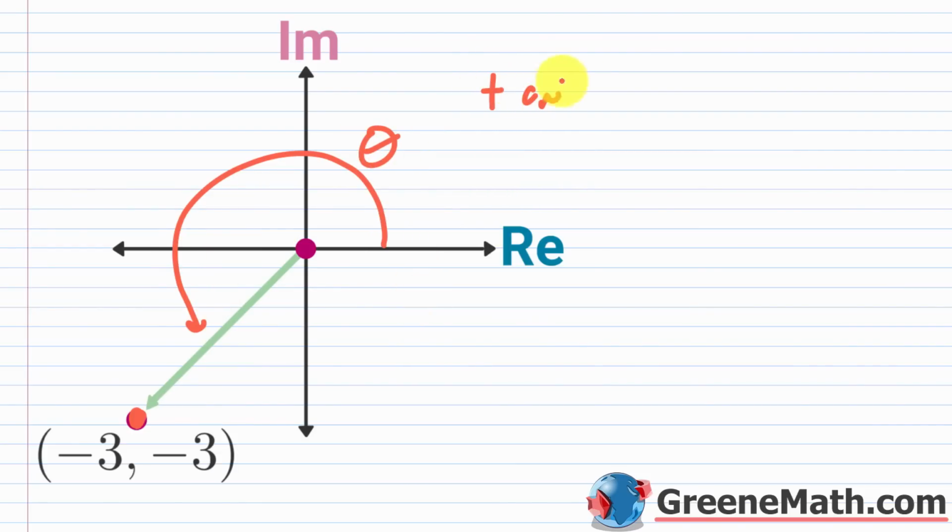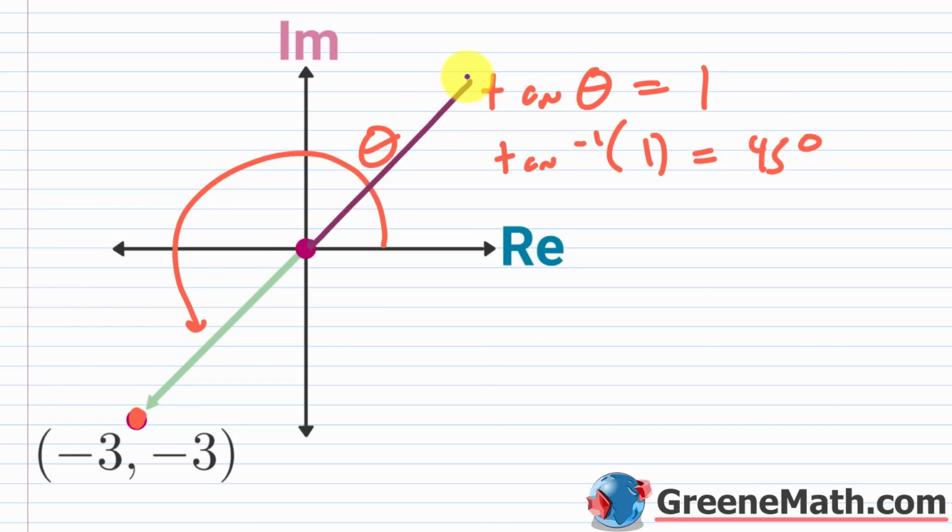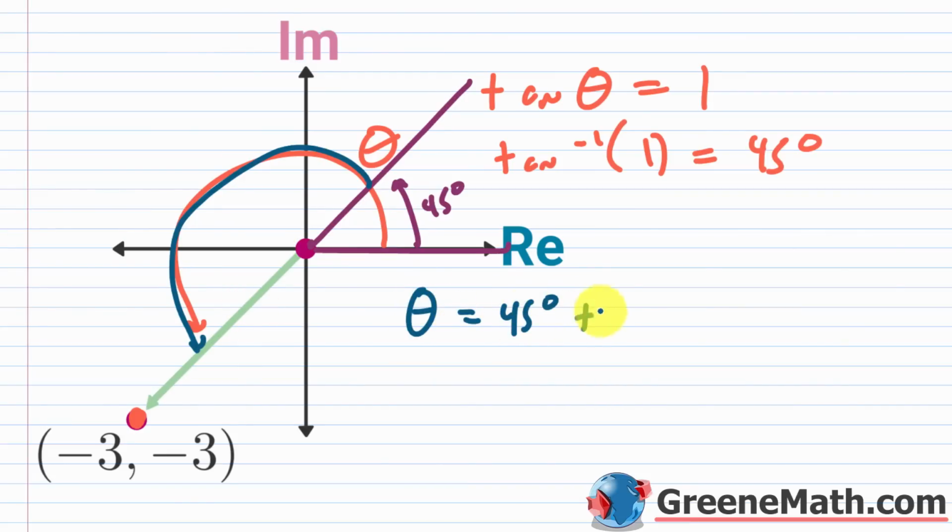So we'll say the tangent of theta is equal to, you have your imaginary over your real. So negative 3 over negative 3 would obviously be 1. So we know that the inverse tangent of 1 is going to give us 45 degrees. So what's happening is we're getting this right here. So it's giving us this piece right here. So it's saying this is 45 degrees. So again, what you need is to add this right here, which is a straight angle to this. So that would be 180 degrees. So you can say that theta is equal to 45 degrees plus 180 degrees,